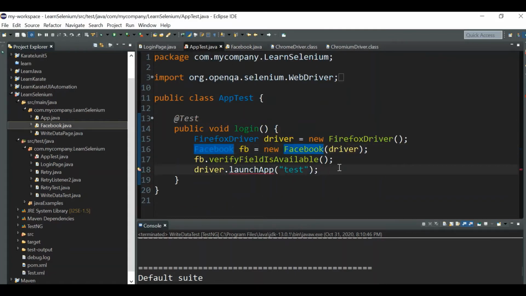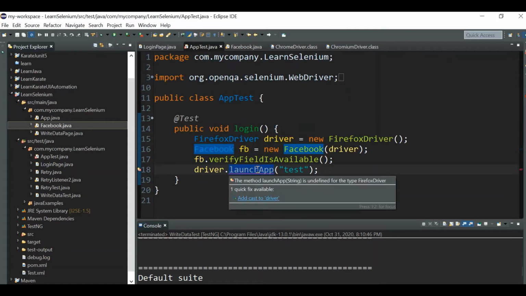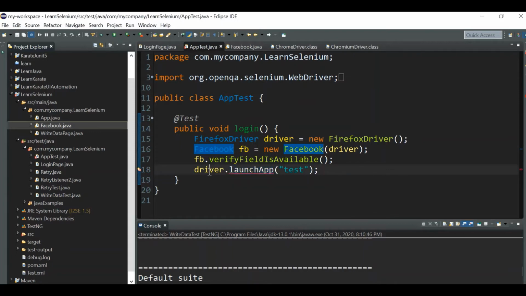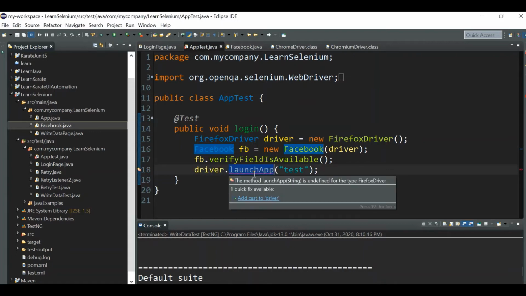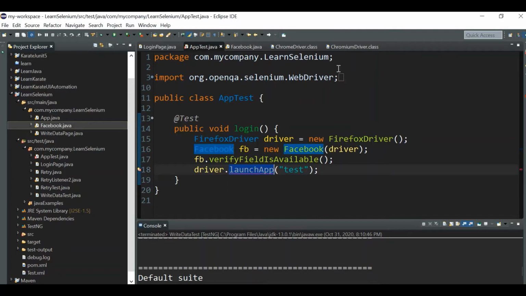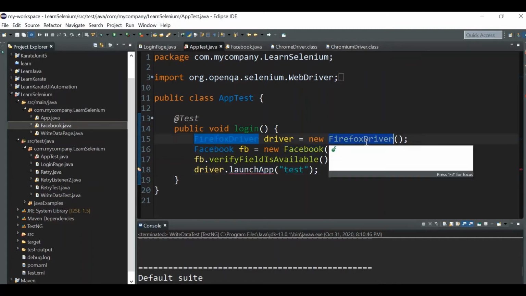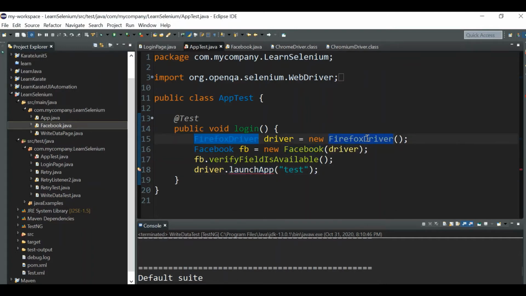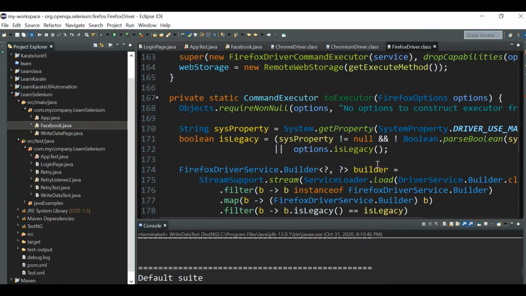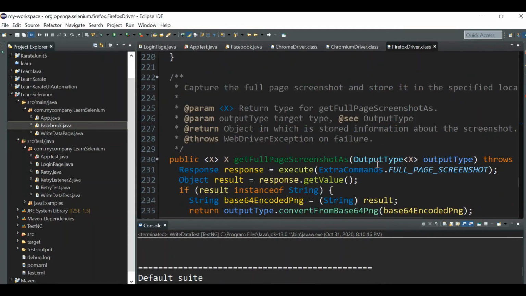Also you can see one more line over here, launchApp, because this launchApp is a method specific to the ChromeDriver class or the ChromiumDriver class. It is not available in the FirefoxDriver class. Now we have created the object using FirefoxDriver, so we can access only methods from the FirefoxDriver class, not from any other classes.